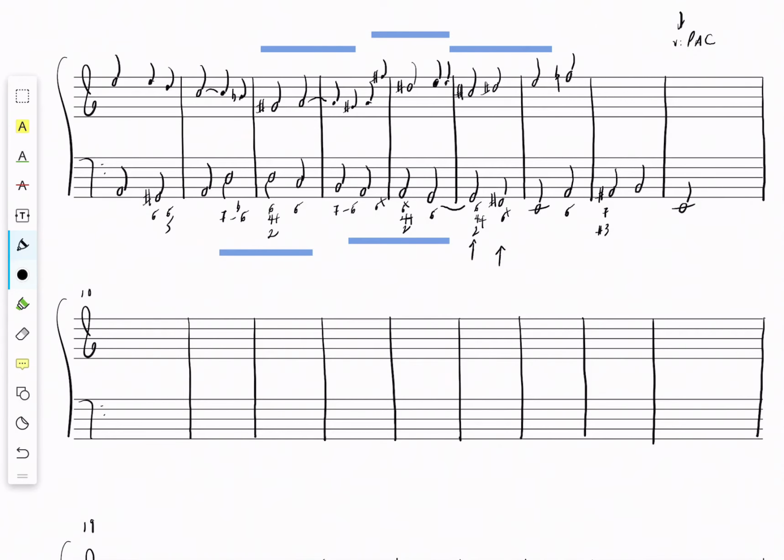So a diminished 7th chord on scale degree sharp 4, or a sharp 4 diminished 7, and then for the composta we'll have a 6-4 chord resolving to the dominant triad, and the soprano will go ra, do, do, ti,